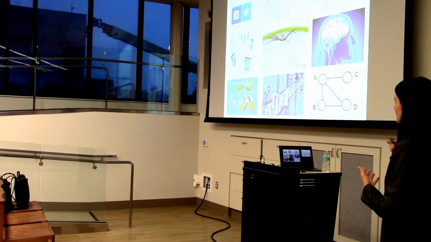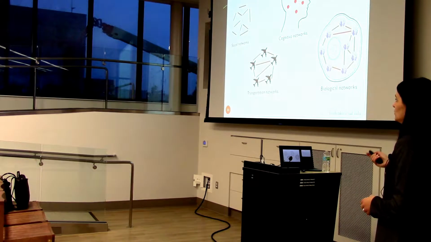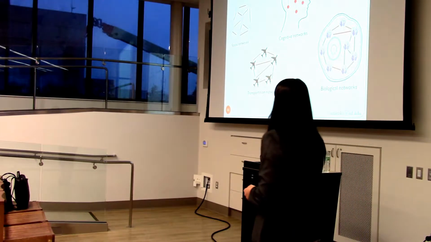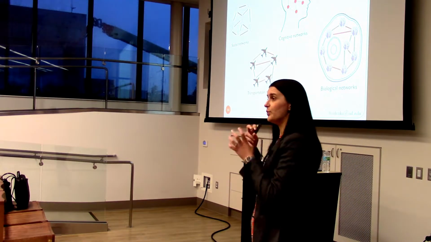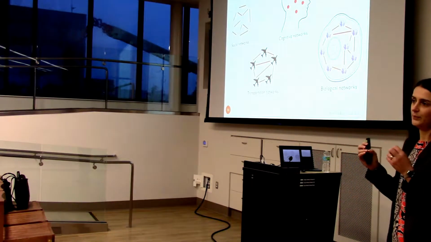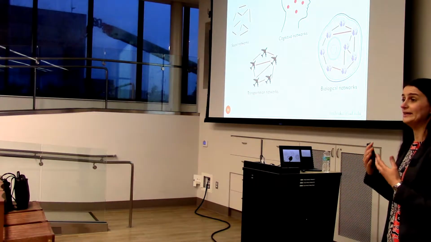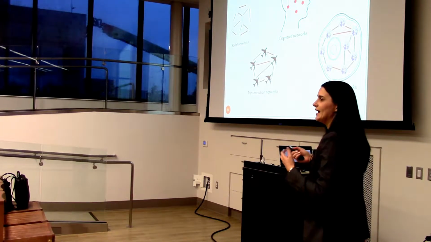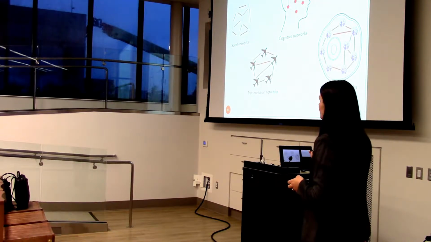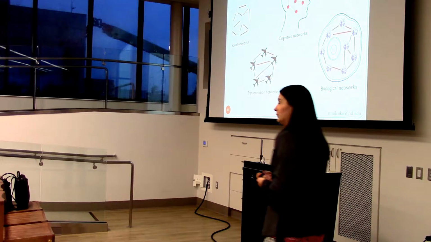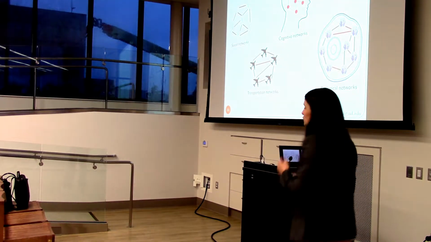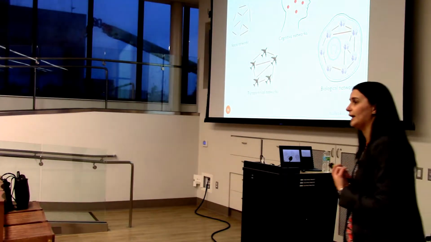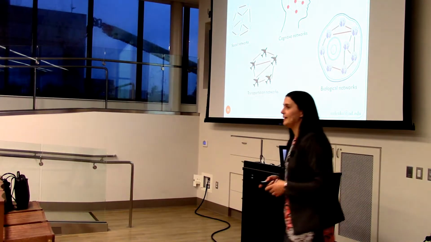So I'll give you an illustration of what networks corresponding to some of these systems are. In social networks, nodes are people, and Facebook communication or real-world friendships are interactions. In brain networks, nodes will be different brain regions, and if two brain regions fire up, meaning are active while a person is performing the given task, that means the regions are correlated, so you link them. In transportation networks, you can have anything and everything, such as if there is a direct flight from one location to another, you put a link between the two locations. And in biological networks, such as the protein-protein interaction networks, nodes are proteins, and if they physically interact, meaning bind in the cell, you link them with an edge.